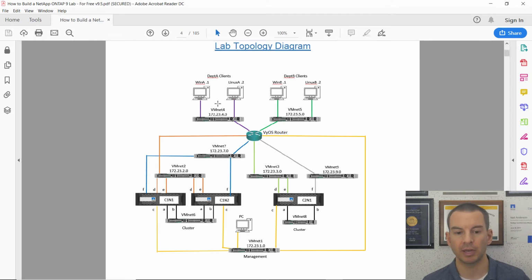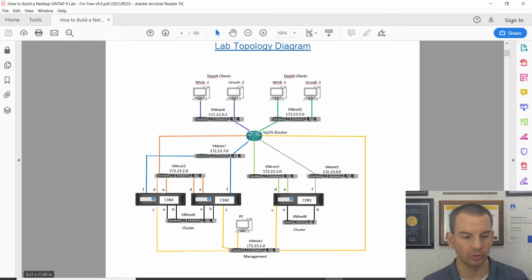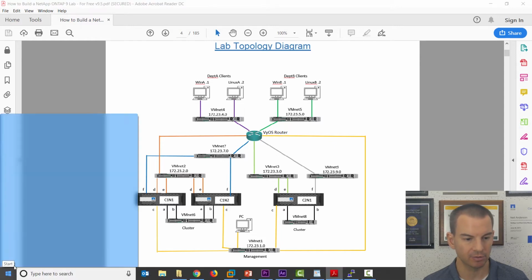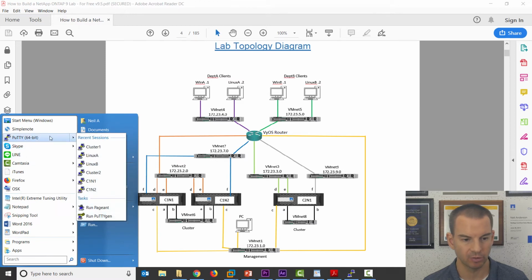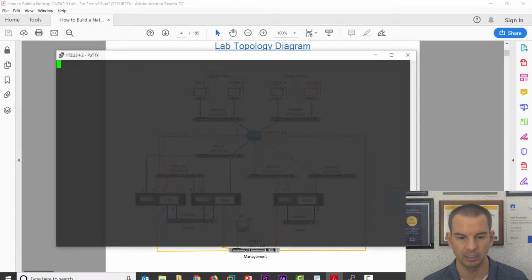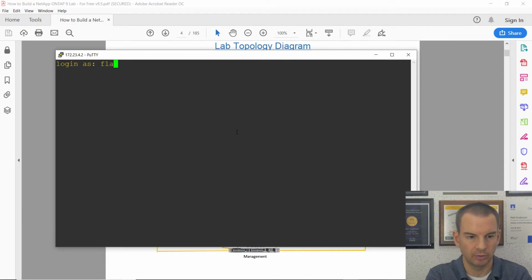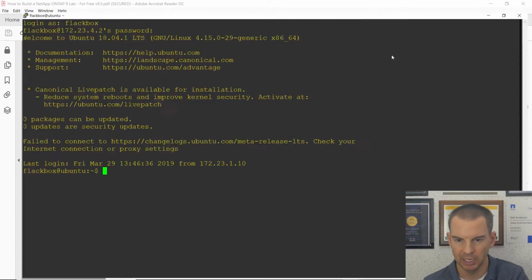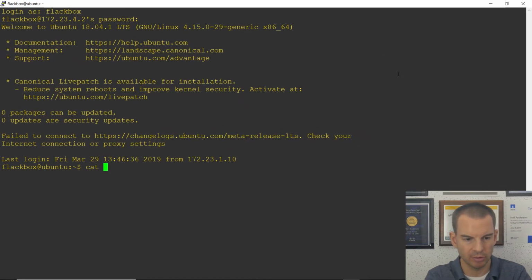The users have already been set up on both Linux and in Windows as well. So let's have a look at those users. I will go to my Linux machine first. Let me just open up a command line on there. I'm going to log in as my user and put the password in. And to see the users, I'll do a cat on